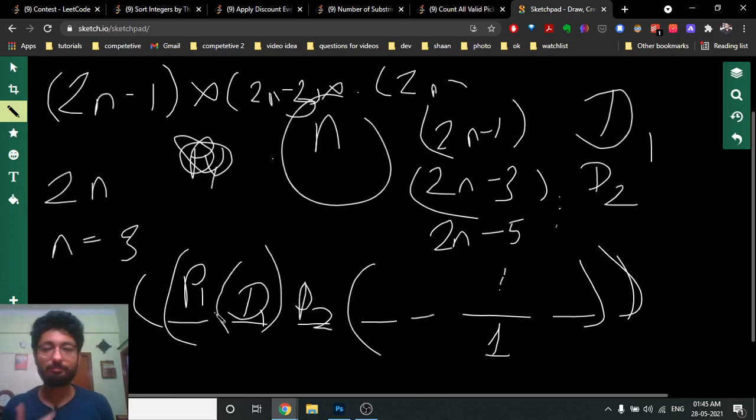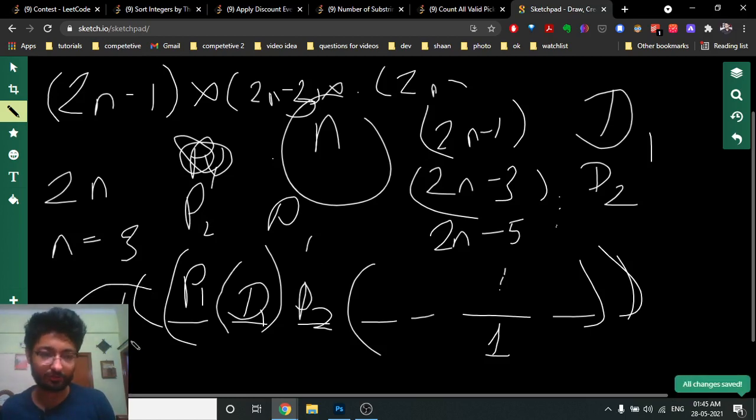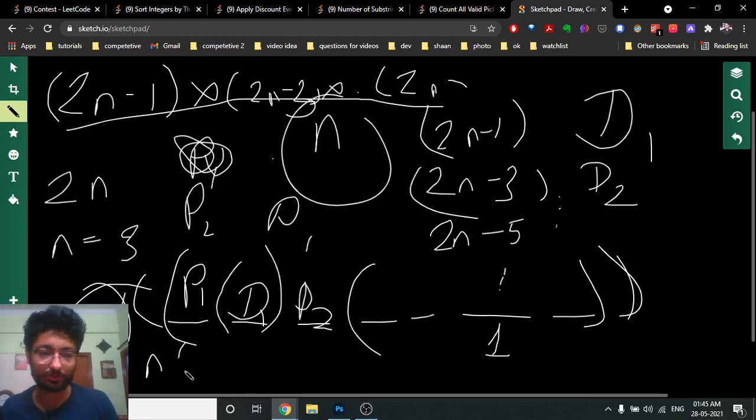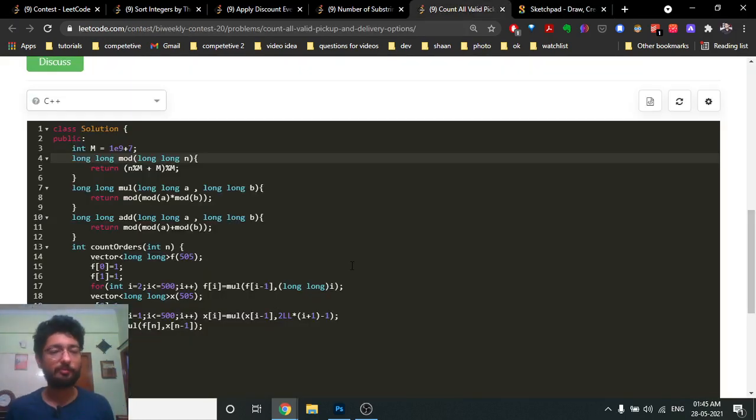The order can shuffle means that I can start with p2 here and then I can use p1. I hope you get the point. So there are n factorial ways for that. So the answer is this number multiplication, multiplied with n factorial. Okay, so this is just a combinatorics problem. You have to find out the answer for that.